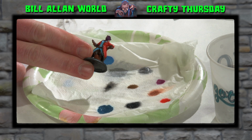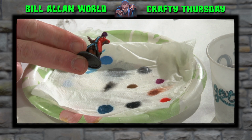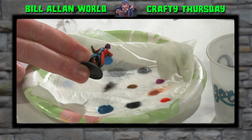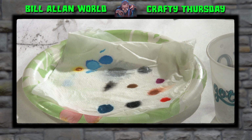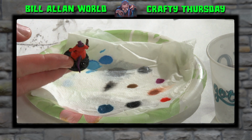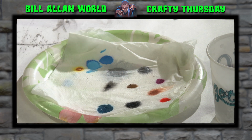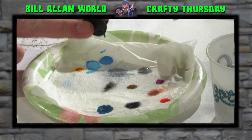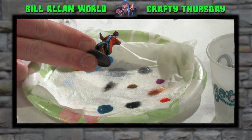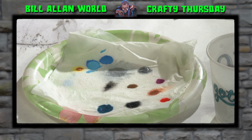So Trizzle has 2 coats now on his primary colors, like his blue undershirt, his red jacket, his skin, his purple skin. I feel like I might have to lighten up that purple skin. There's a shot from the back. But I am going to go with starting off going deep. So he has this muddy brown in his pants, and his boots are brown, and his gloves are brown. But what I want to do is hit those again with the Army Painter War Paints leather brown. So I'm just going to do a tiny bit of this leather brown,